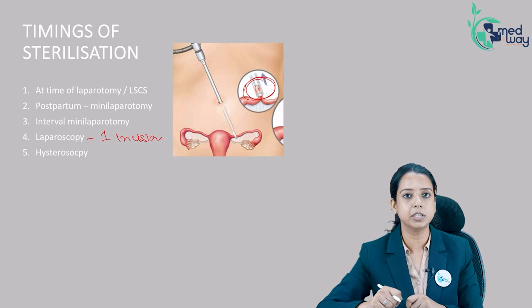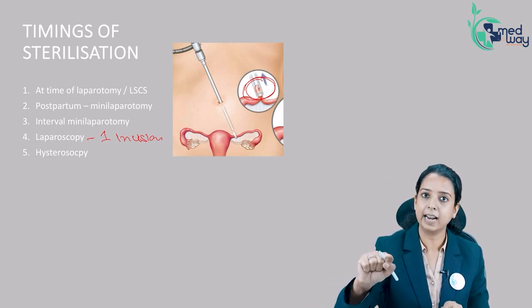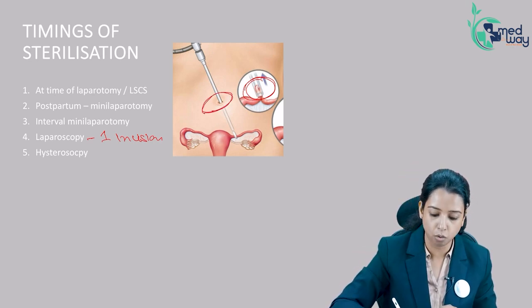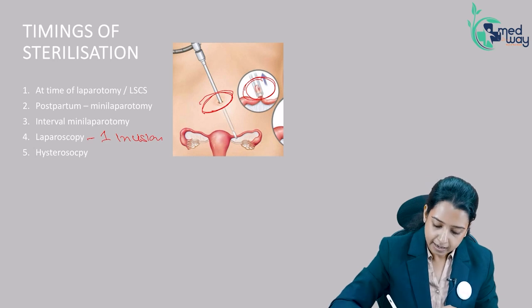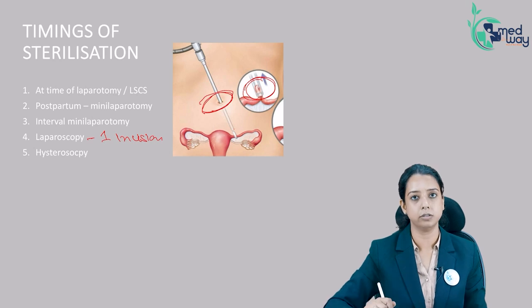There is no surgery here which can be done using thread. You need clips so that you can just go and attach that clip to the tube. It is done via a single umbilical incision. You go inside via the umbilicus. Here only the camera is attached, and from here only the instrument is inserted. You do not need another instrument.